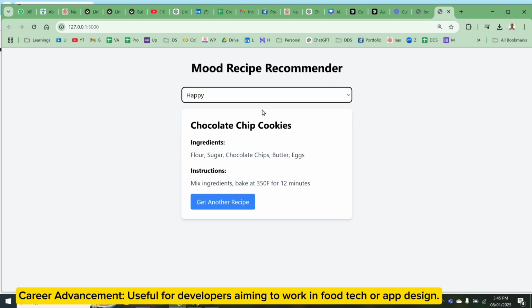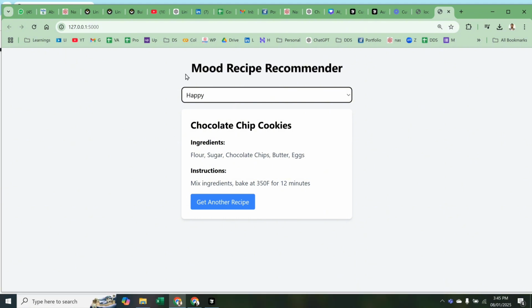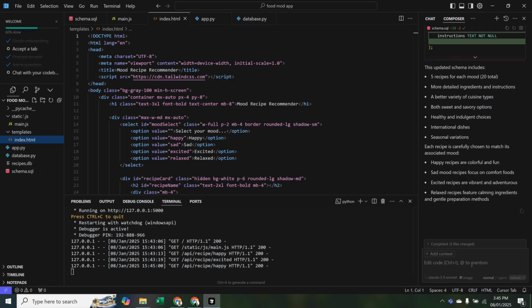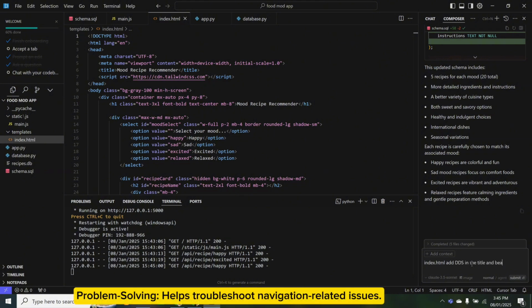to add boxes, borders. So suppose for example I want to add a border and I want to add DDS name in the title. So what I will do is I will go to Cursor. So you should know what you need to do. Index.html, add DDS in the head title, and beautify the page with borders and some